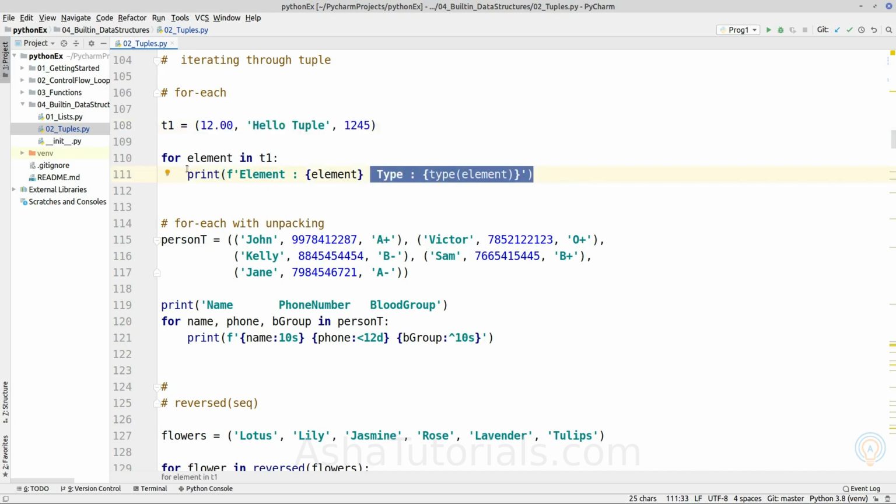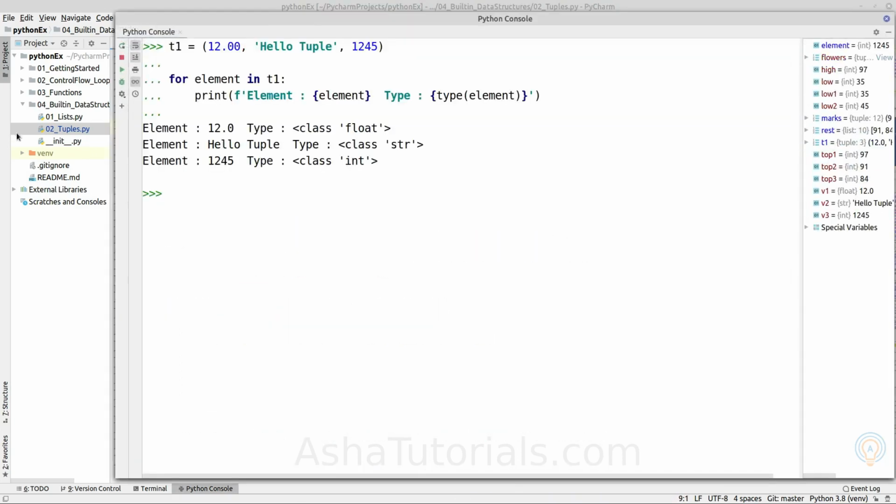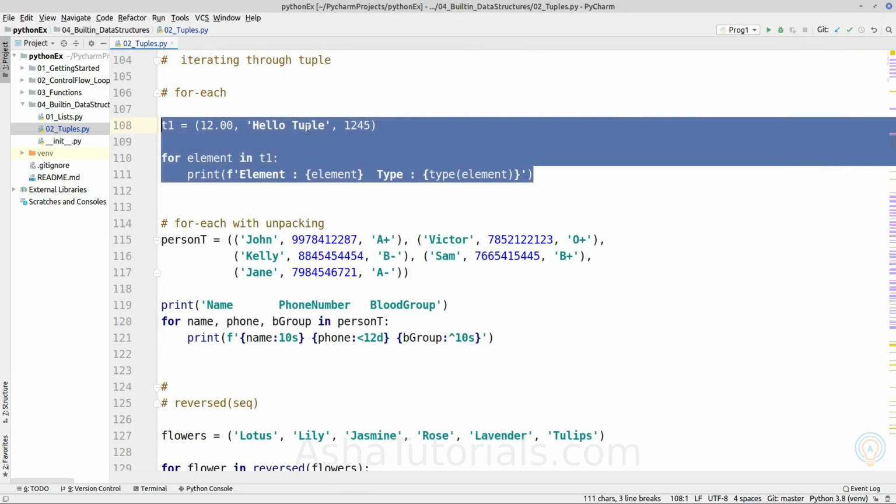So if we iterate in a for each loop for each element in a given tuple object, we can access each object at each iteration using this element variable. Okay. So as we can see here, we are iterating through the tuple object, which is having different kinds of data types.